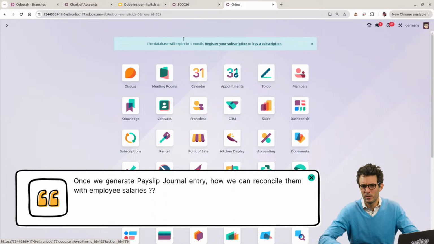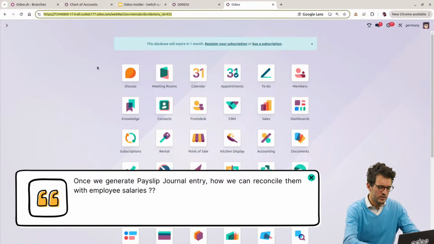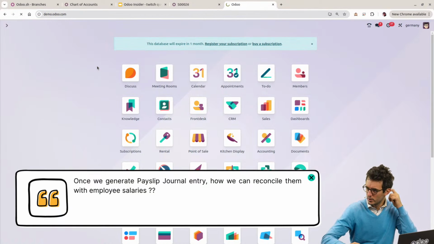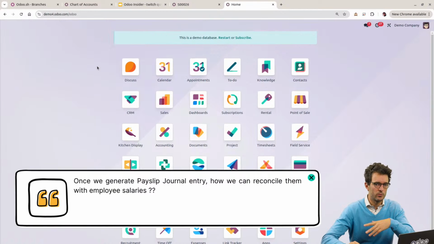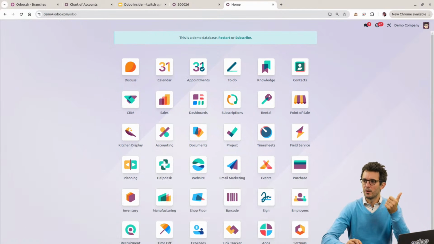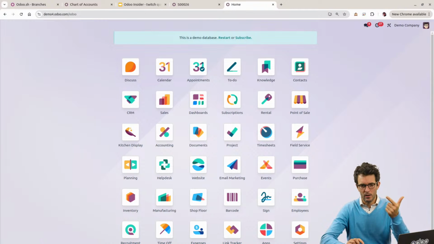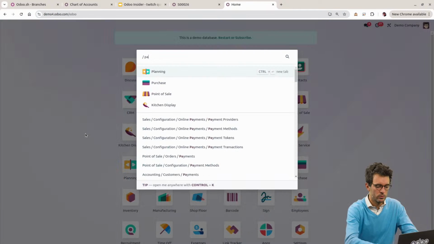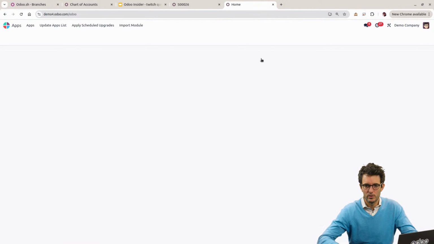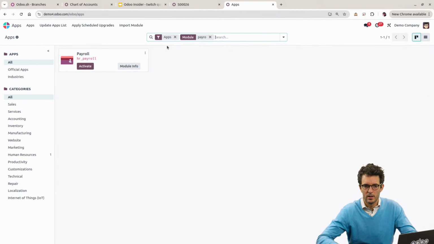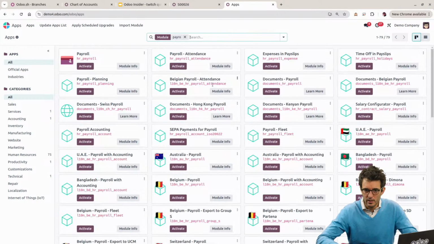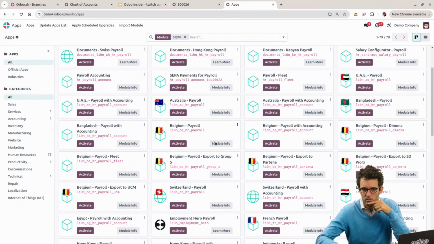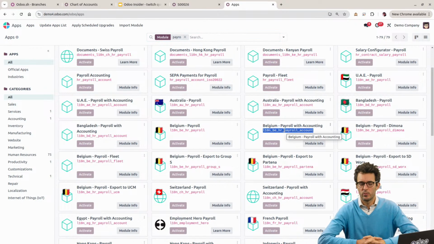I'm going to go on the runbots or on a demo database, and I'm telling you why. There are a few areas where it's good to use a demo environment for a quick check like this one. Particularly, I like to use it for appointments or payroll, because then you have data that is a bit complex to put in place that already exists thanks to the demo data. So that's why I would like to go there and check. But payroll is not there by default, so I will need to go here and ask for some payroll information. By the way, I was telling you that we have from time to time some extra payroll discussion here. I'm going to use one from payroll account, so it's a link with accounting in Belgium. So I suppose that there we would have something that is